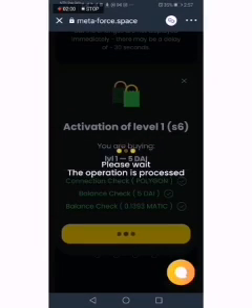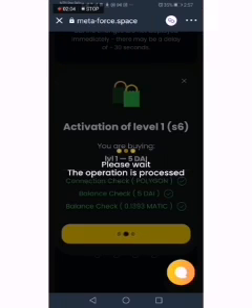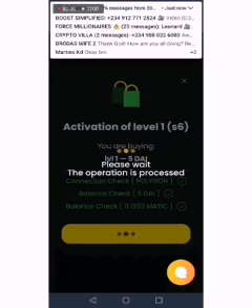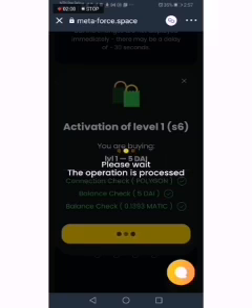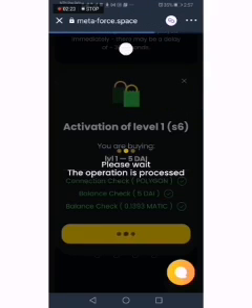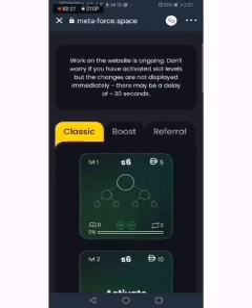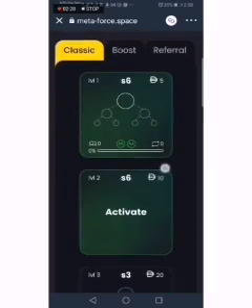Once it's taking too much time to load, you can reload it by clicking on the icon at the top right, those 3 dots. Click it, then reload the page. Now you see level 1 is already activated, so you proceed to activating all other levels that you have funded